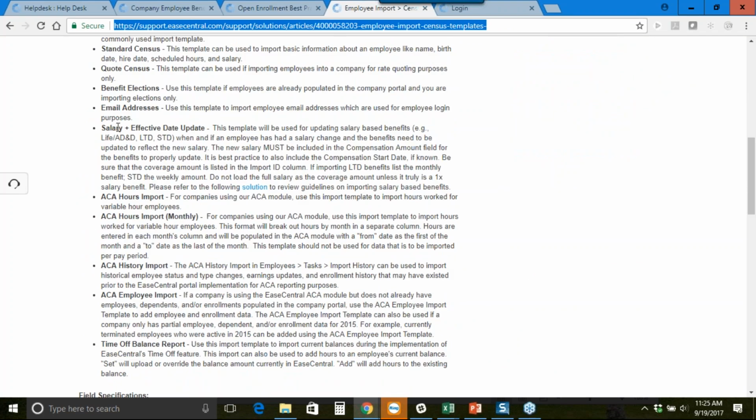We have a salary and effective date update that you could use. It does tell you how to calculate the benefits that you're importing. So for example, if someone is having a salary increase, let's say they're moving from $45,000 to $50,000, if they have any disability benefits that are based on a percentage of their salary, you don't want to import that $50,000